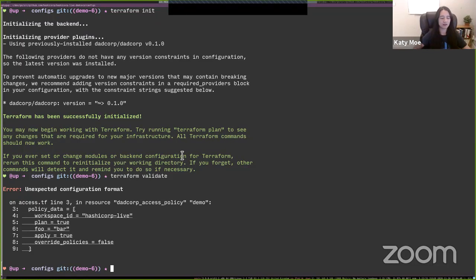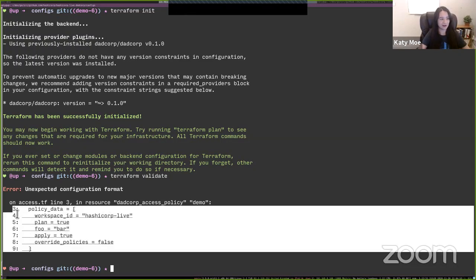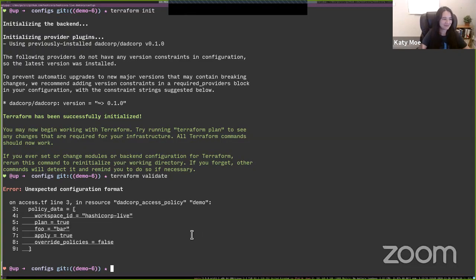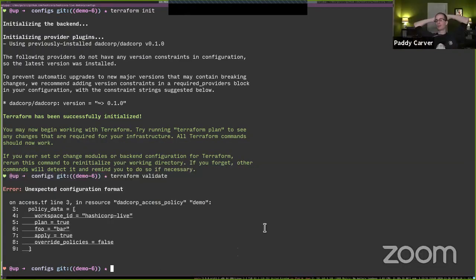So as you can see, I've just changed basically one line, and it has now highlighted the appropriate part of the config, which is incorrect. Paddy, would it be possible to get it to highlight exactly the line that's wrong? Yeah, you basically just have to walk the path into the HCL, which is now HCL, and tell the user this is the key you've put in there that shouldn't have been in there. So we can get a better error message than this. You would have to diff the different keys on the objects. Yeah, to be like, here's the object that it is, here's the object that I want it to be, what's the difference in the keys? Okay, highlight those keys and be like, those aren't supposed to be there.